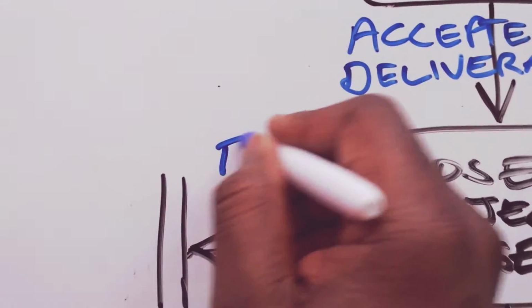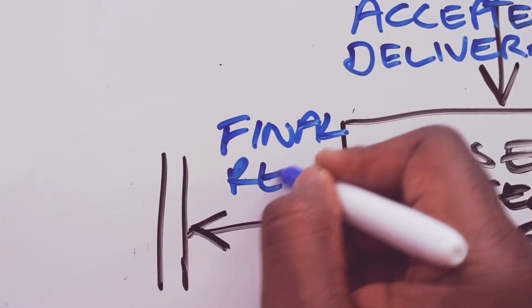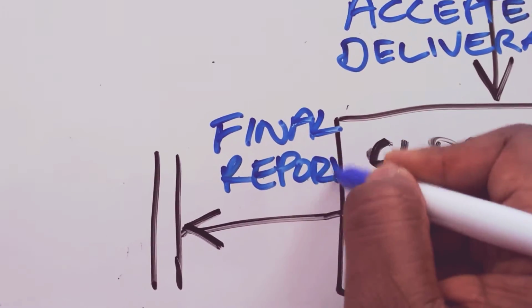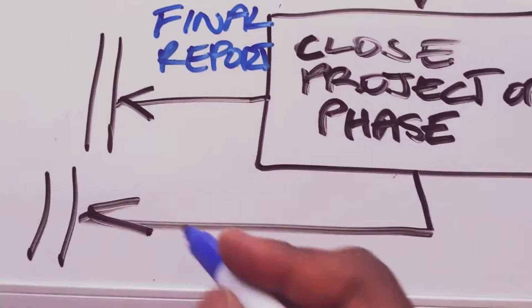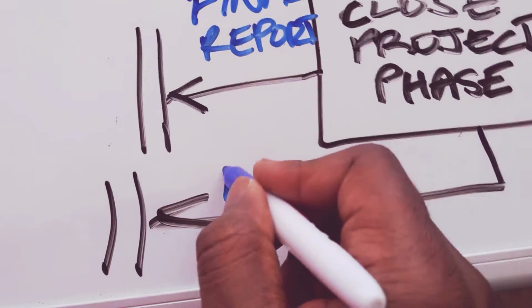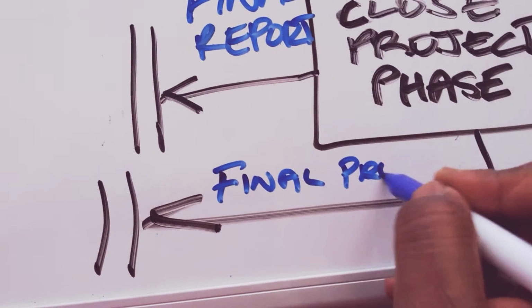Okay, the first output is known as the final report. The final report explains the outcome of the project, and this one down here is known as final product